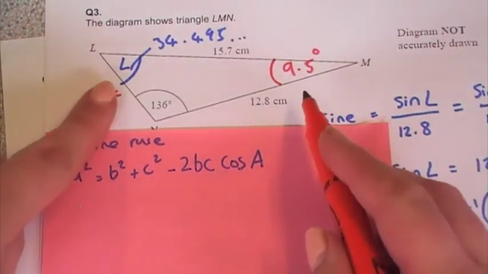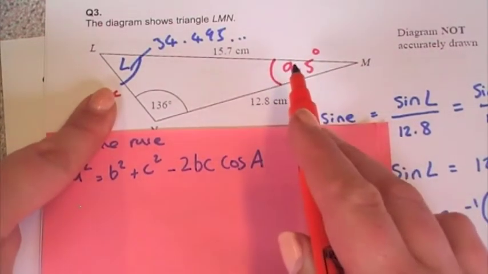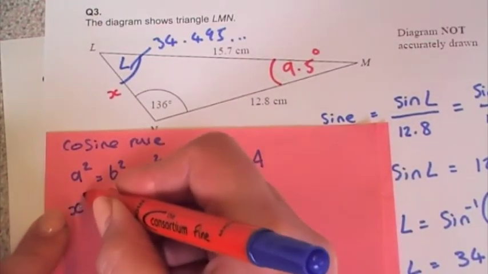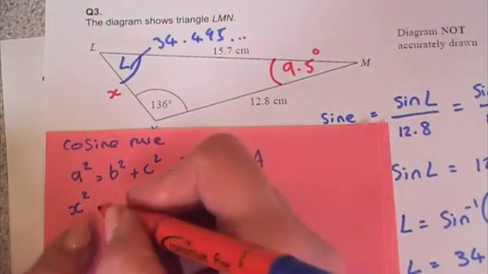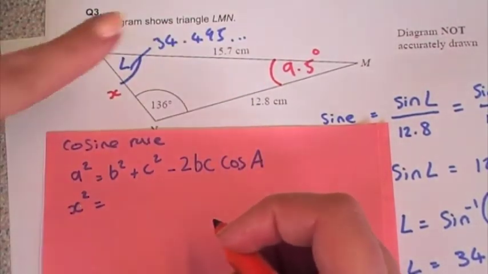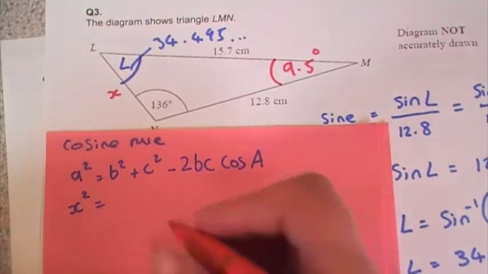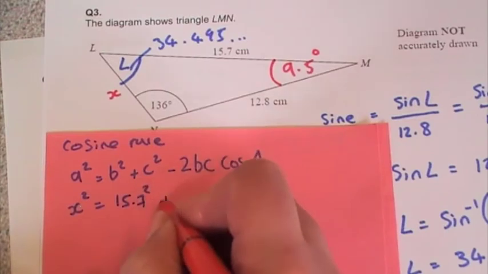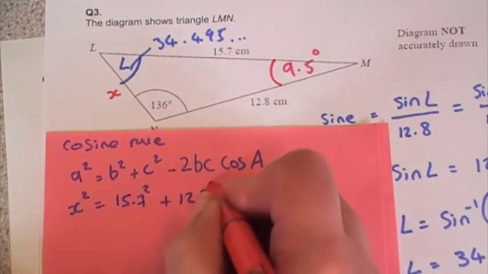All that matters is I need to find the length opposite an angle that I have. So instead of a squared, I've called it x. So x squared equals these two lengths in any order. I'm going to call that b and that c. So 15.7 squared plus 12.8 squared